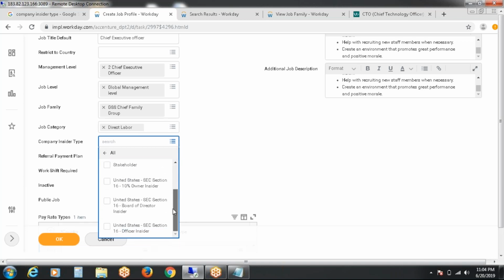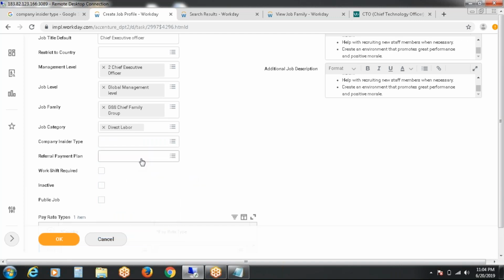Because in our company's Workday system, as every company will mention, there would be options like individual contributor and equal type at all levels, right? So this is an optional part for all organizations. Okay, got it, thank you. And the referral payment plan is also optional to the organizations.